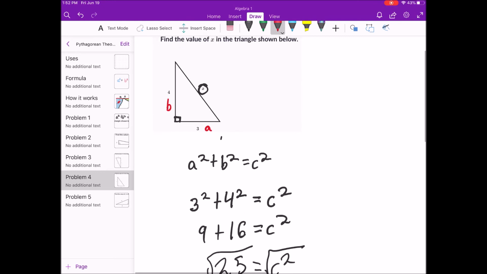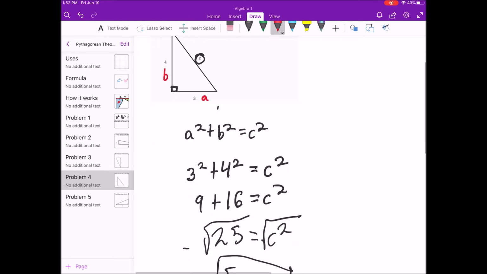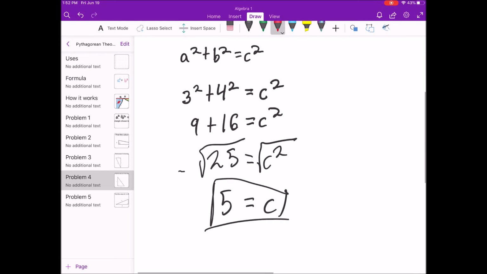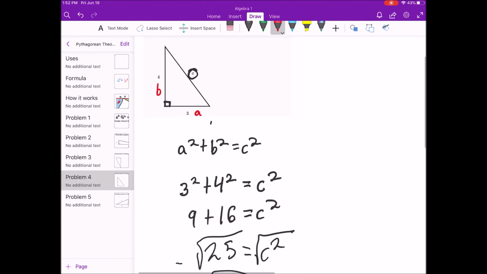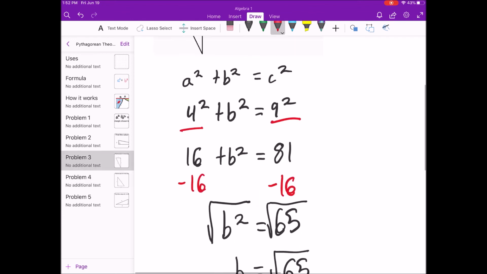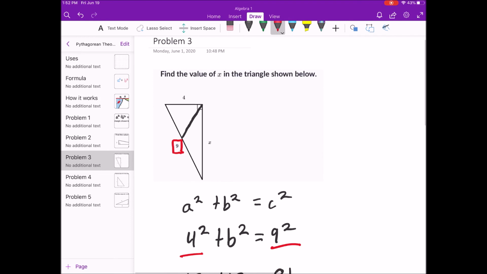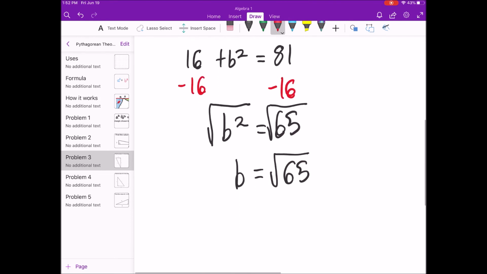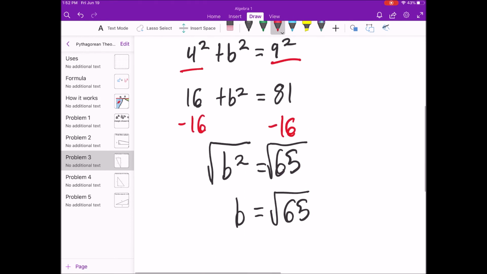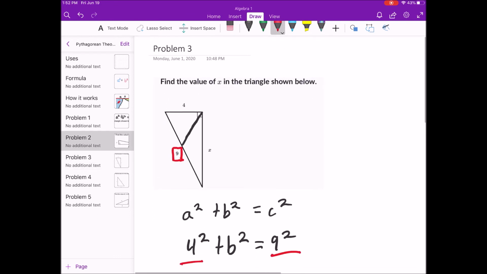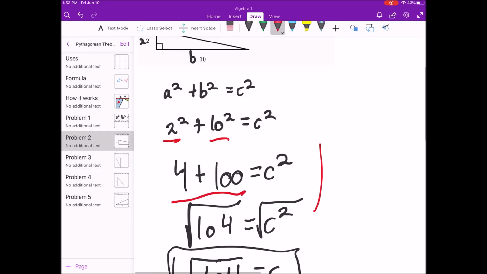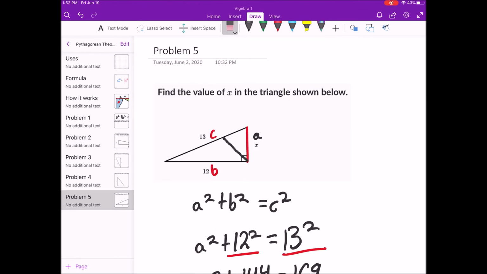So in this example, we have 4, 3, and C is 5. It's longer than both of those sides. We have right here 9, 4, and we said that B leg was around 8, so yeah, it was longer. For some reason, the hypotenuse is always longer. If it's shorter, then there's something wrong. So yeah,